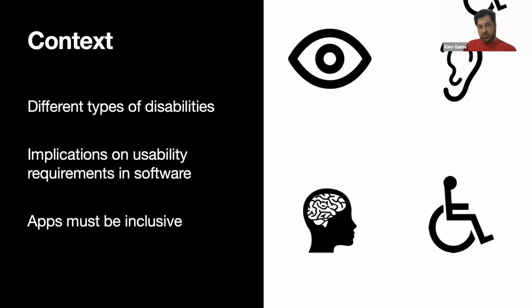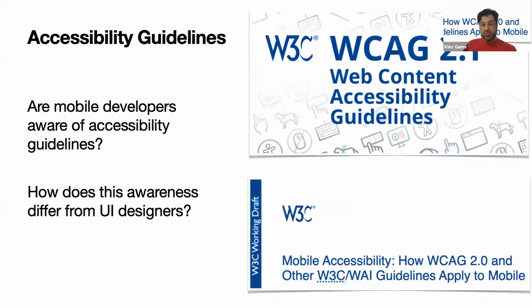And when we develop software, we typically don't see these people, so they're invisible when you're developing. They don't have features thought for them. And we believe that apps have to be inclusive and consider these people with their disabilities so they can use software. And we wanted to ask mobile developers the awareness of accessibility guidelines that exist, and how does awareness